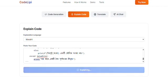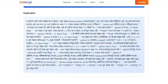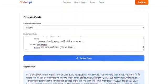It is explaining the code. Wow, the explanation has come and it looks perfect. So now let's move forward. Now about trans